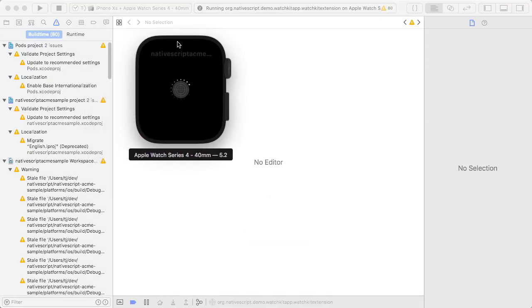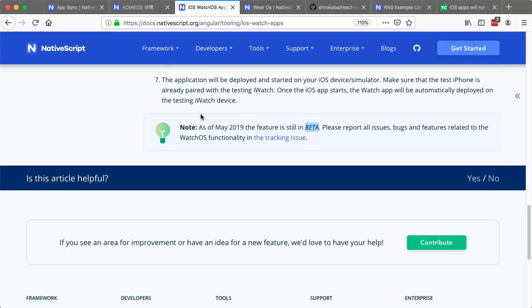And I'll drag this over as it's installing it. And there we go. So overall, NativeScript now provides you a way to build these WatchOS apps in a way that lives right alongside the rest of your NativeScript project so that you can continue developing on it as you develop your NativeScript app. One last thing I'll note, just because I know this comes up a lot, for Android,